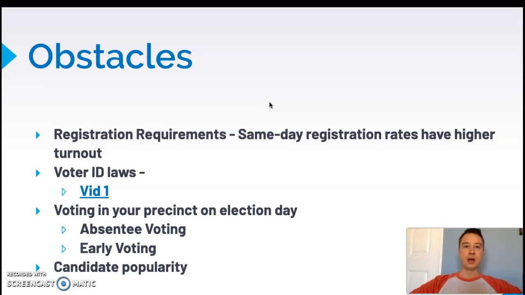One of the things that's helped is the Motor Voter Bill of 1993, I think, maybe 96. Oh no, I'm forgetting its official name, but it's informally referred to as the Motor Voter Bill. Basically, you can register to vote when you renew your driver's license. The idea behind this was it was going to make it easier to vote for tons of people. It actually increased registration a lot, but it didn't do much for turnout.